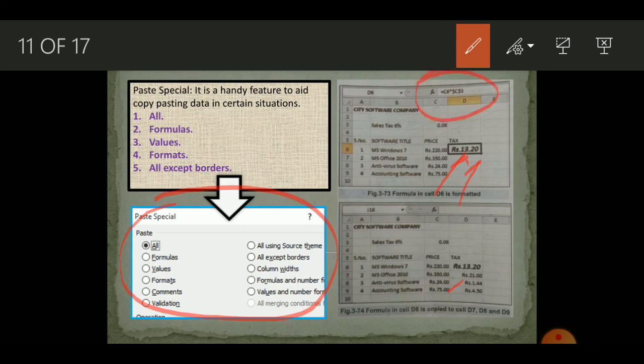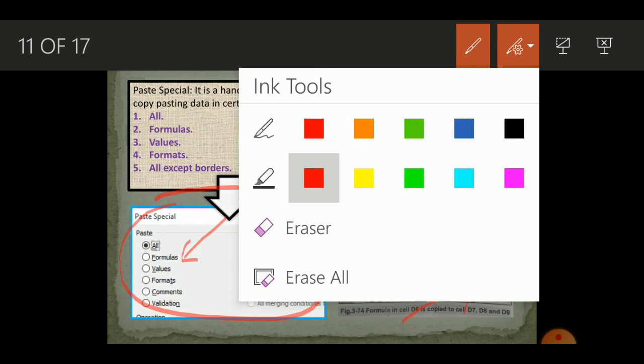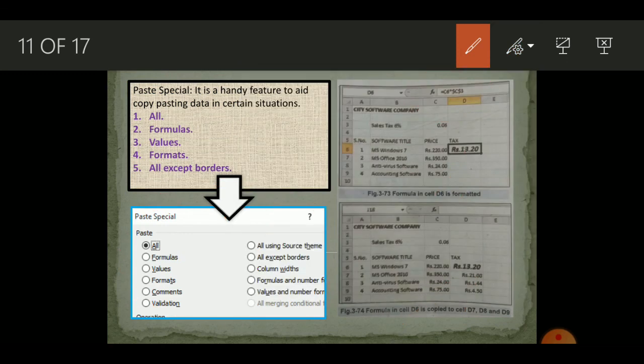When we copied it, it already copied all of the things along with the format, along with the formula, but we are only going to paste here the formula, not the format. So we will select the formula from this option and click OK, and the values will be copied, and you will notice that the format does not change regarding the other values. You can repeat the same process for the other cells, and so on.